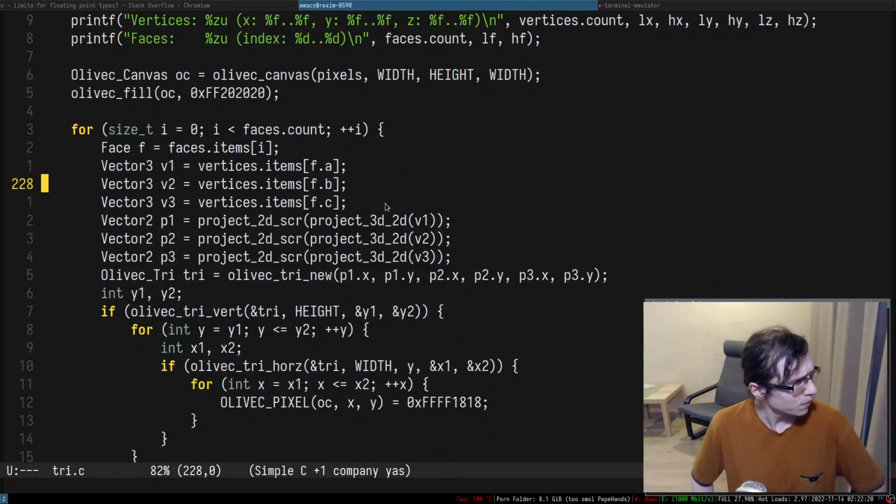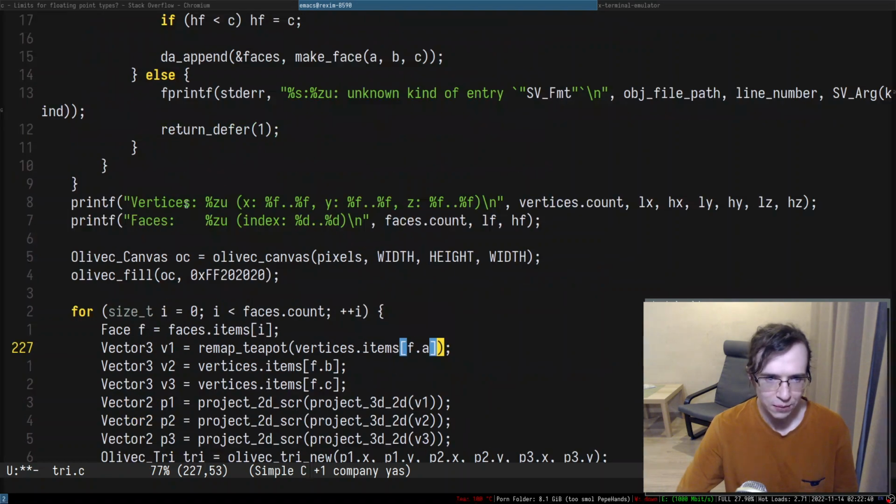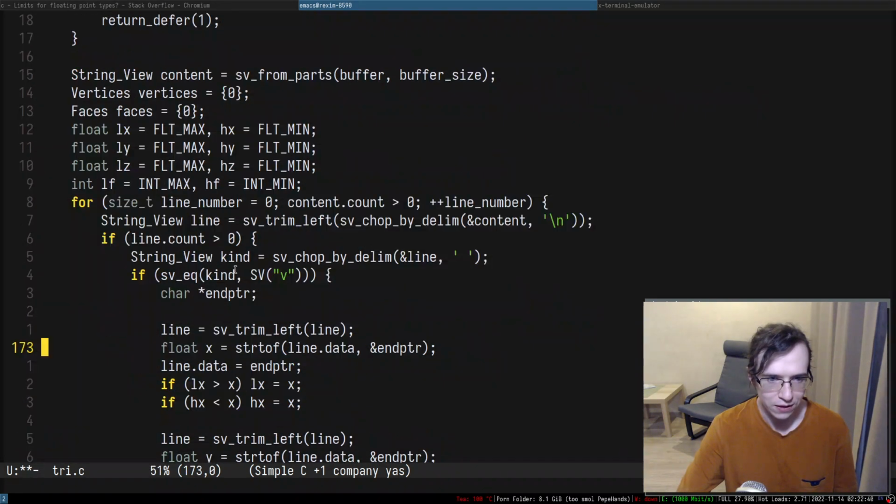So maybe, you know what, we're gonna have some sort of function which is gonna be called remapTeapot, right? So remapTeapot. And what we're gonna accept actually, so I suppose we should accept all of these values like LX, HX, LY,